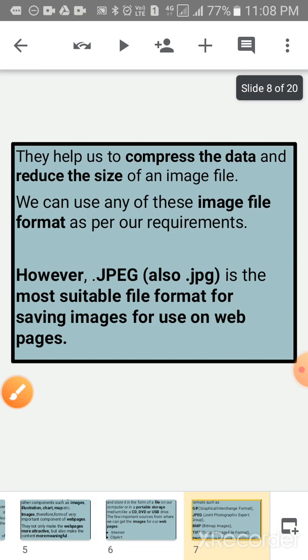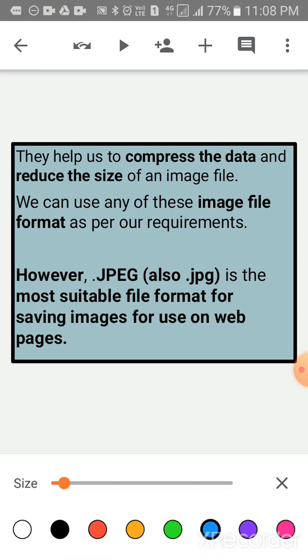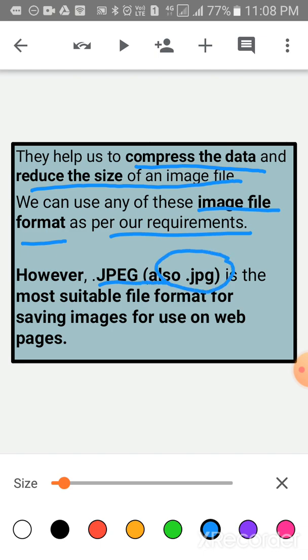Clear, children? They help us to compress the data and reduce the size of an image. We can use any of these file formats as per our requirements. However, .jpeg, also called .jpg, is the most suitable file format for saving images for use on web pages.